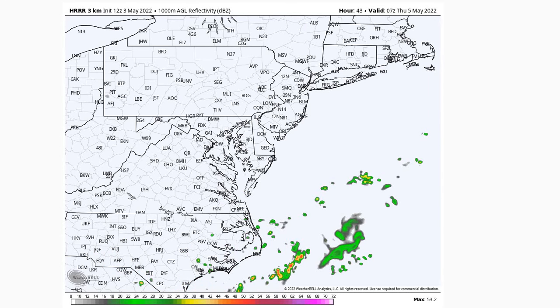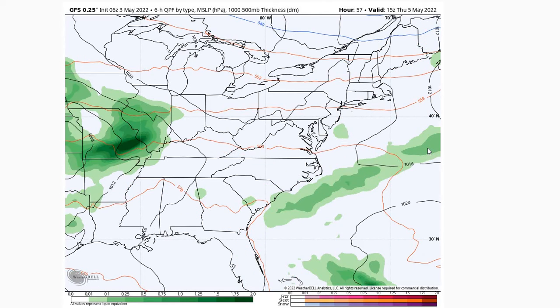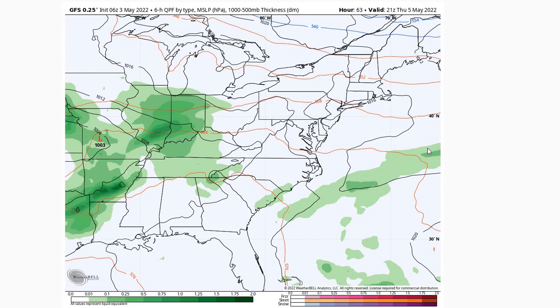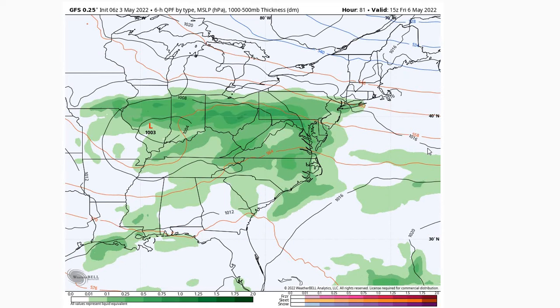And then Thursday, if we jump out to the longer term model and zoom out a bit, we can see that front will move out for our Thursday, clearing things out, keeping things dry for Thursday before we have another low pressure that will be moving into the area